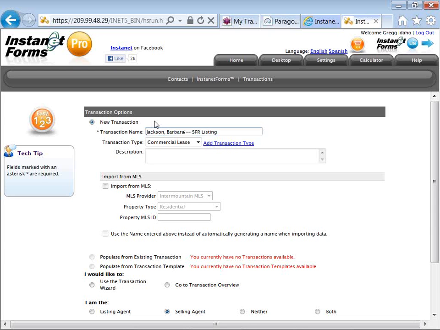Listing their property for sale. And what type of property? Everything from here down is optional. What do you know about this new referral, this new client or prospect? We know that they are a residential property and they're going to be listing, so we're going to change that